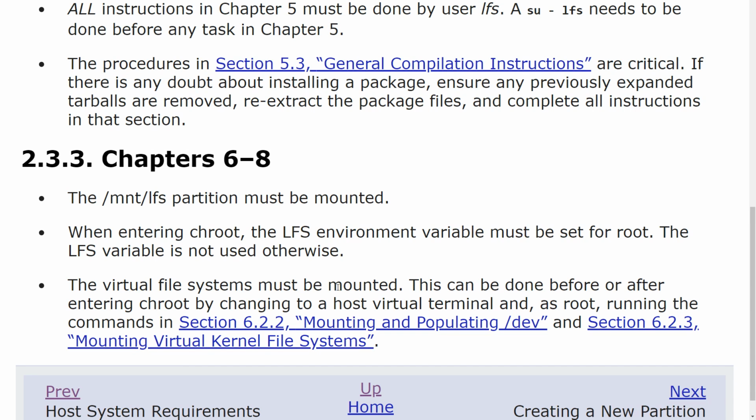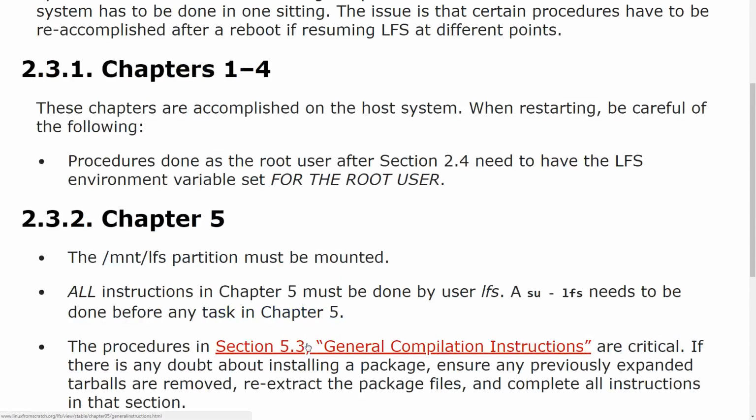The virtual file systems must be mounted. This can be done before or after entering chroot by changing to a host virtual terminal and, as root, running the commands it lists. Well,